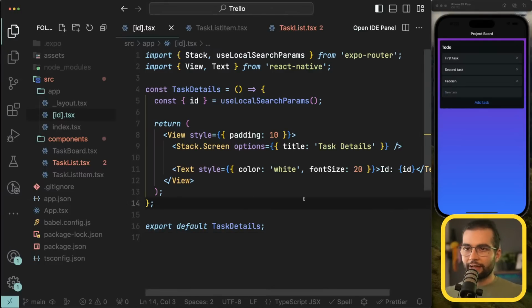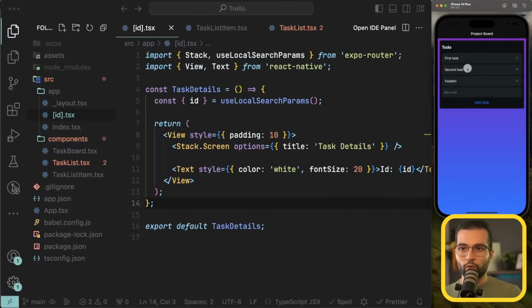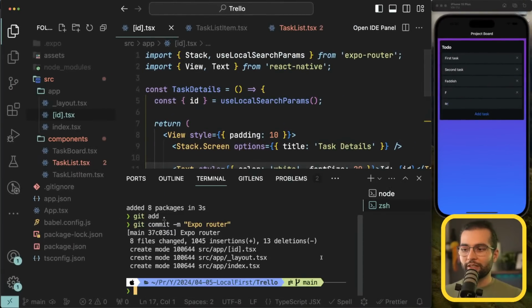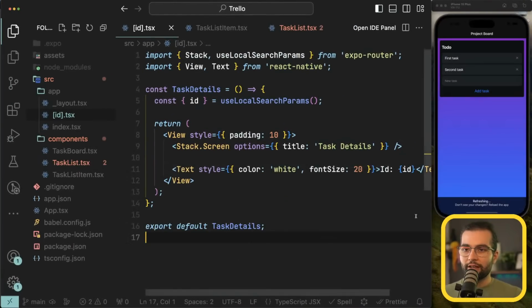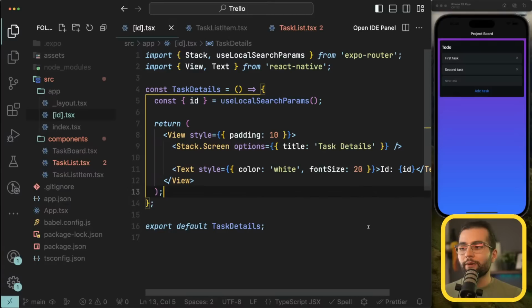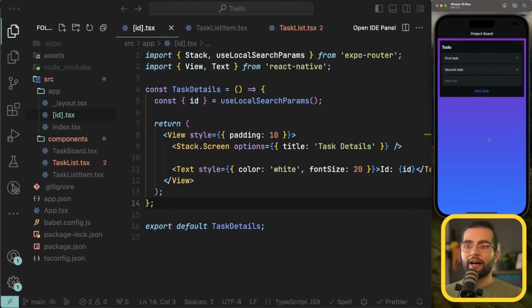So at this moment, we have a pretty good user interface for our Trello clone. And the next step, as I was saying, was to start adding the Realm database to handle the data about our tasks. At the moment, we're using simply useState, and if I reload the application, we're gonna simply lose our items. By adding a Realm database, not only are we gonna be able to persist data, but we're also going to